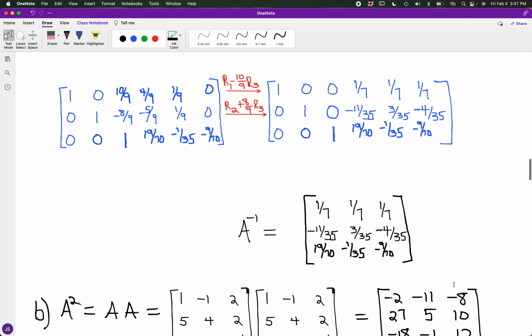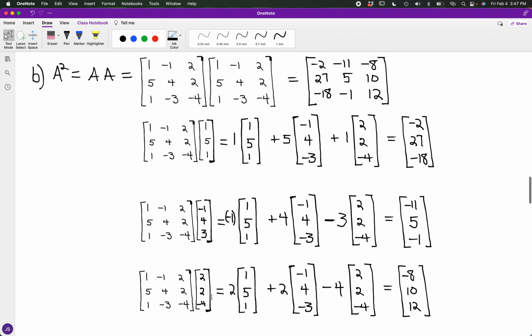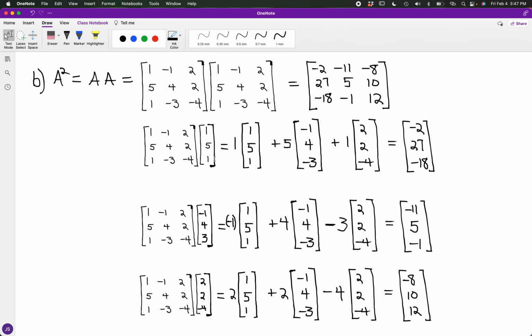All right, now looking at the square of matrix A, so I'm looking at matrix A times itself. Just itemizing again the first column, second column, and third column. With 1 5 1, you have 1 over the first column, 5 over the second column, 1 over the last column. I'm going to have the first column of the product as negative 2, 27, negative 18. And then we have A times the second column,